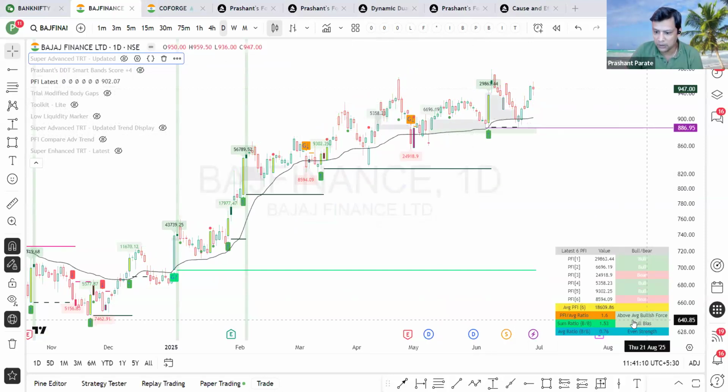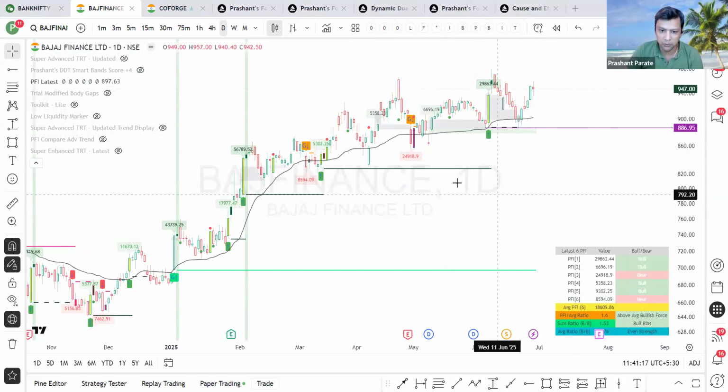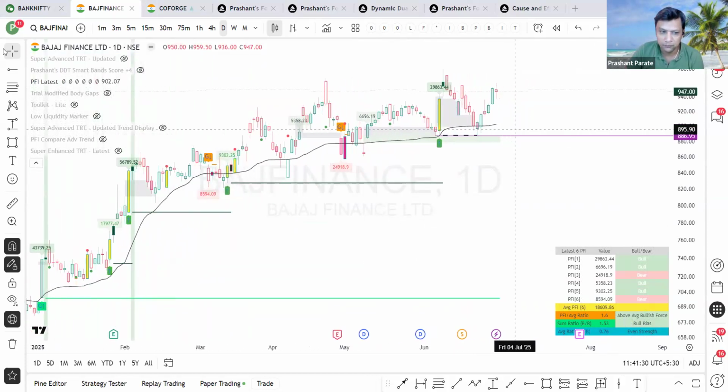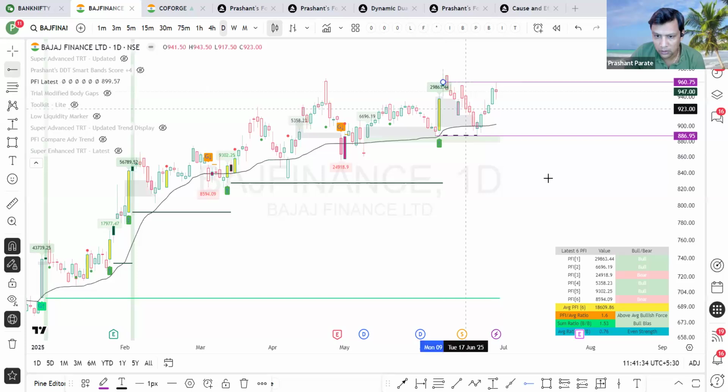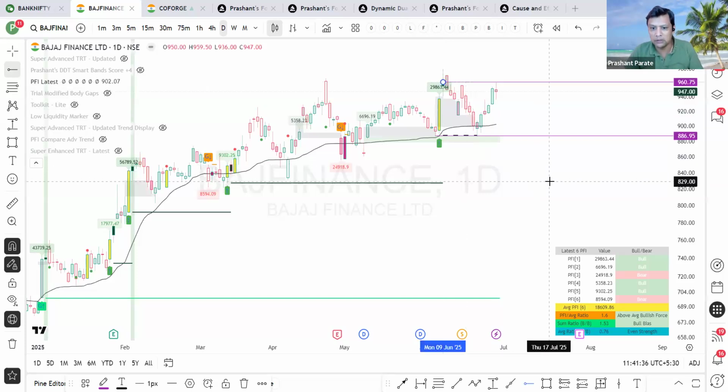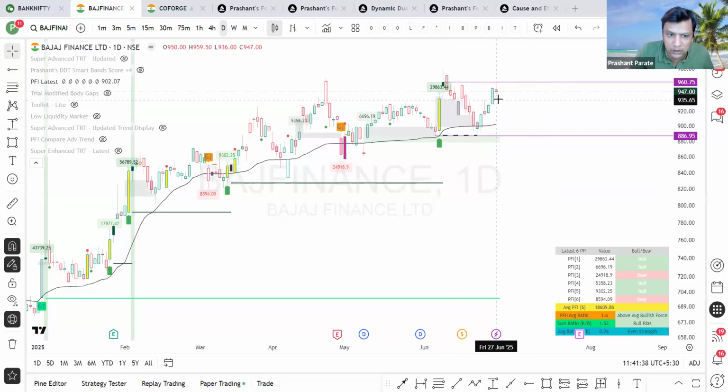If we see PFI numbers, above average, bull bias, and mostly bullish. Everything is mostly bullish. This was 24,000 downward, 29,000 upward, 6,000 upward, 5,000 upward. So bulls are strong even now. They have given retracements and highest close is here. So 960 level is already almost touched